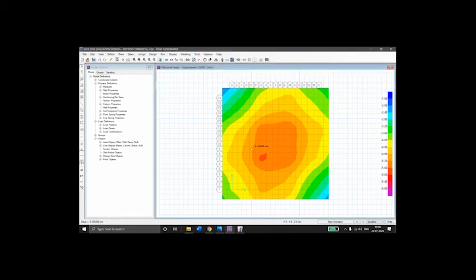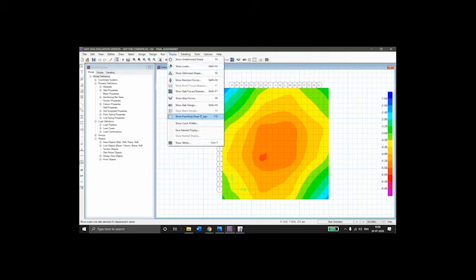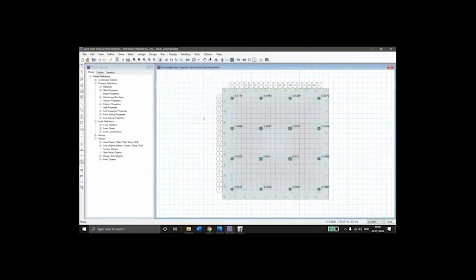Here the displacement is shown and the color variation for that displacement, the graph is here. Now click on run analysis and design. Go to display, go to punching shear design.